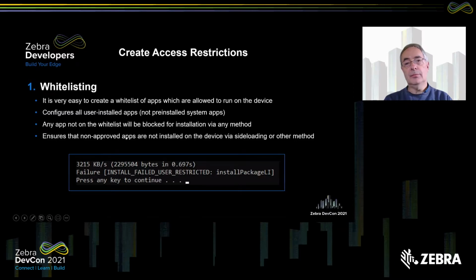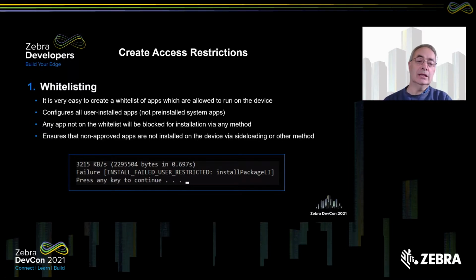One of the easiest things you can do to lock down our devices very easily is to create a whitelist of applications which are allowed to run on the device. That basically allows you to specify which user installed apps can be run on the device. It can't change the pre-installed system apps, which will always be allowed, but for any user installed apps it allows you to say, for example, once I've installed my apps,